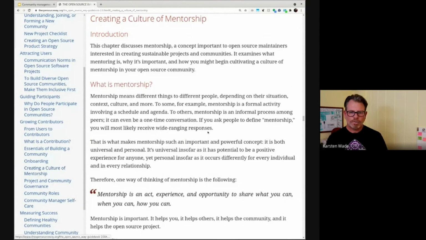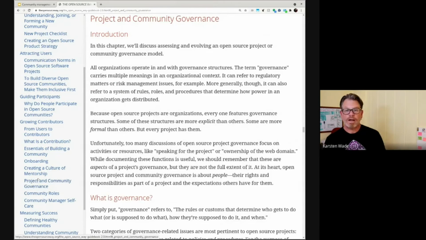So then creating a culture of mentorship covers the concept and practices for creating a peer-to-peer mentorship program. And most successful open source projects have formal or informal mentoring underway all the time, and they find it essential to contributor success. Following this is the aforementioned chapter on project and community governance, a thorough exploration of governance in